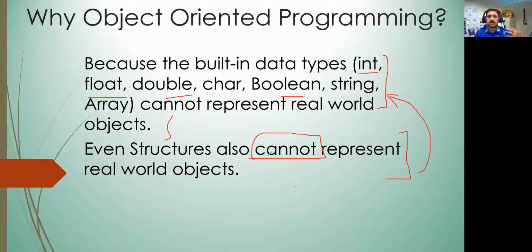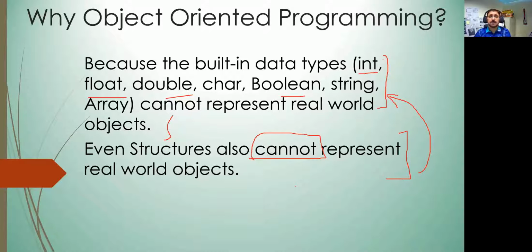So a structure also fails to complete the abstraction process. The real world object is basically a combination of properties and functionality, so we should include in the abstraction process not only properties but functionality also.